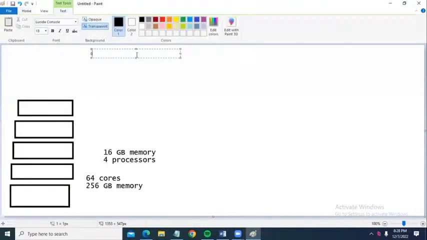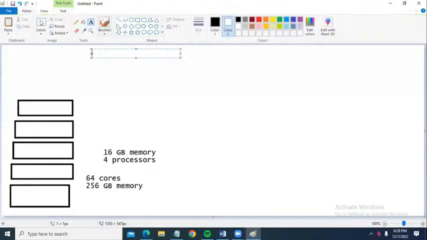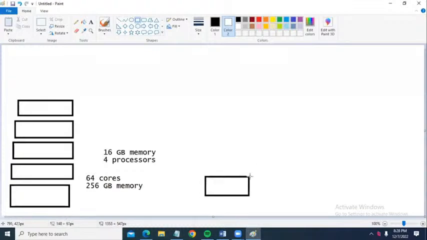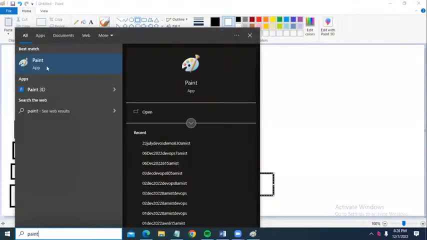So to overcome this problem, industries have started using something like, let me open another pen brush.